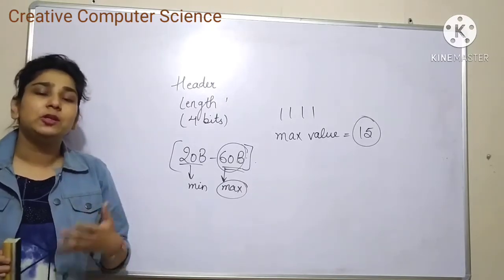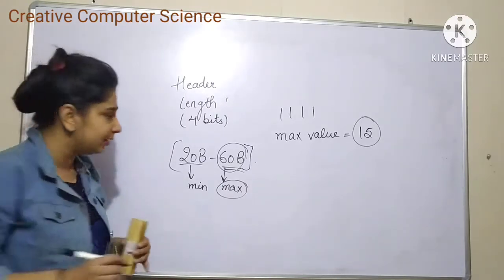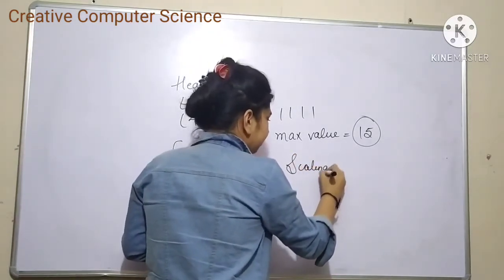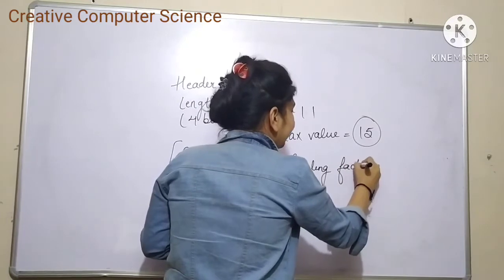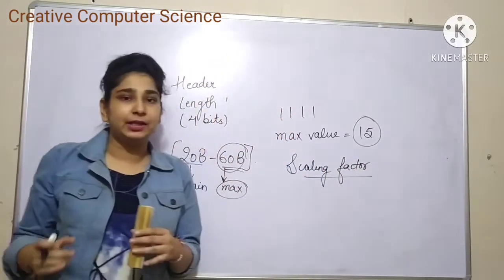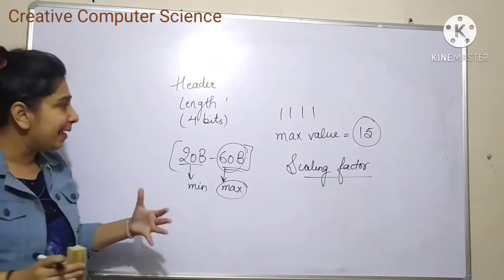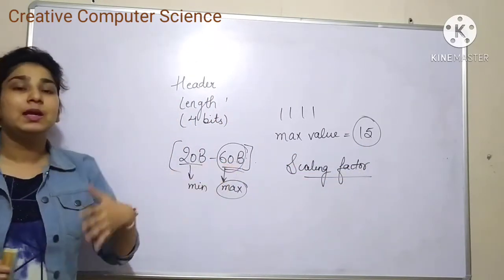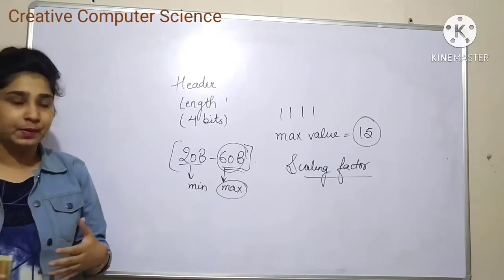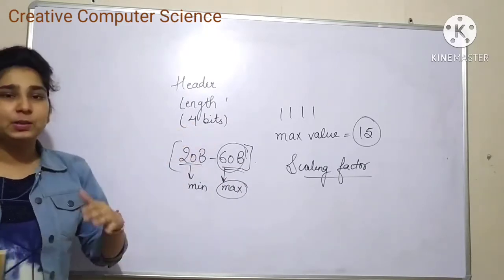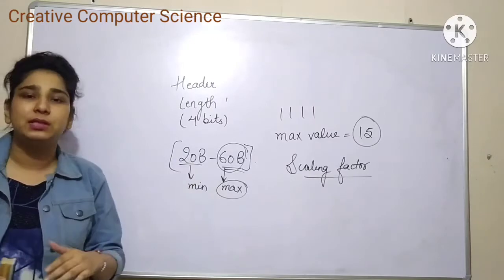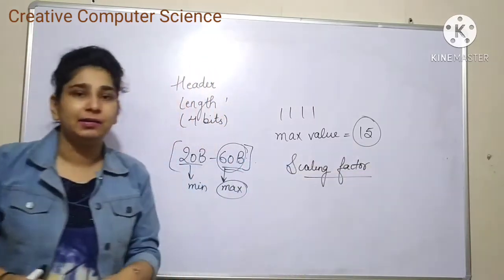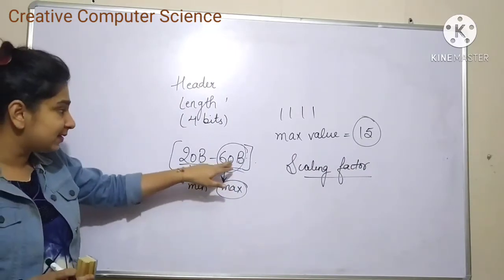The concept we are going to use here is the scaling factor. With the help of the scaling factor, we are going to balance between 15 and 60, the maximum size of the header. With just 4 bits we cannot represent 20 to 60 bytes. With 4 bits we can just represent 15. But if you have to represent 60 bytes